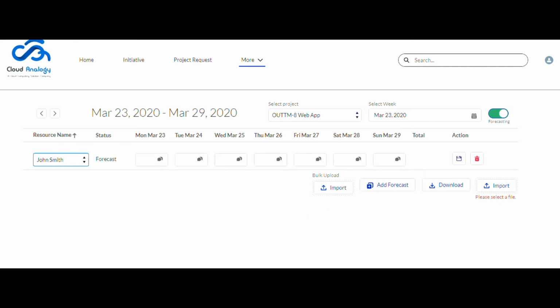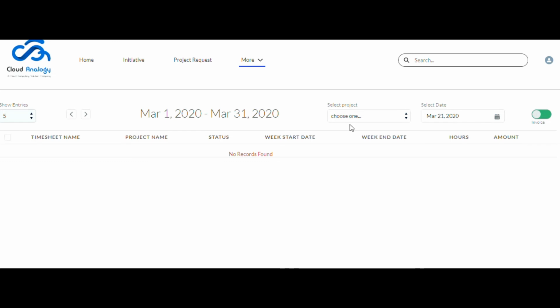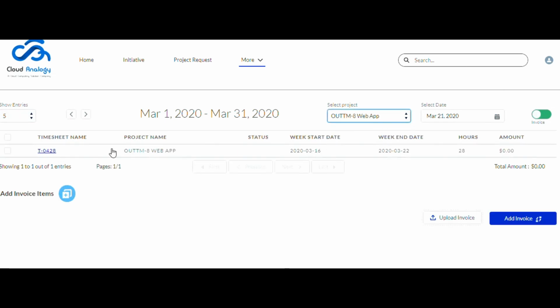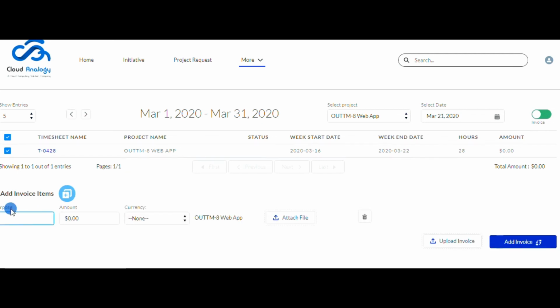Let me quickly move to invoice. So this is the invoice tab. Once again, we need to select here the project, and as you can see the timesheet that I have created earlier in this process, I just need to select it from here, add invoice, and we can add invoice items like maybe a purpose like for traveling, a hotel, related to that project. So it can be added in here, and the calculation will be